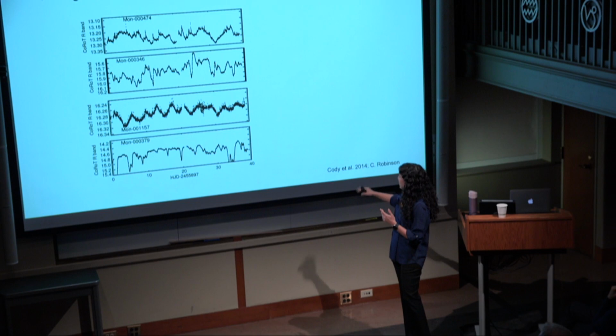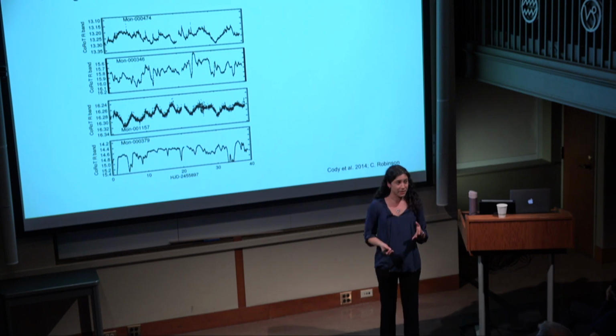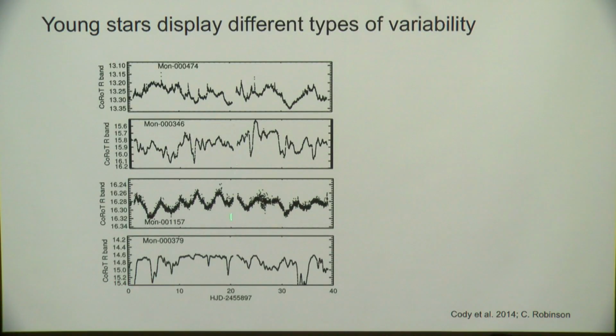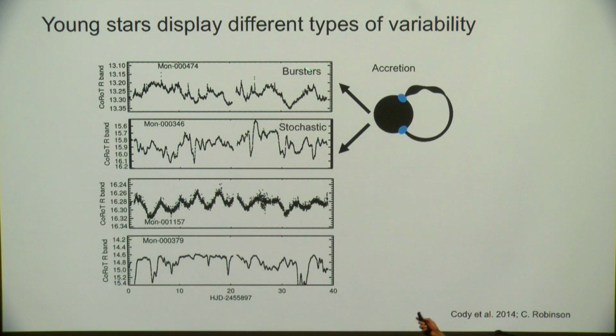And when Cody et al. looked at this massive data set, they found about 4 categories into which most of their sample could fit, which is represented by these 4 different kinds of light curves. So the first class is called bursters, where there are these little peaks in the optical emission, and stochastic. Both of these have been linked to variable accretion onto the star. So there's some kind of change in the mass that's accreting onto the stars that leads to these kinds of